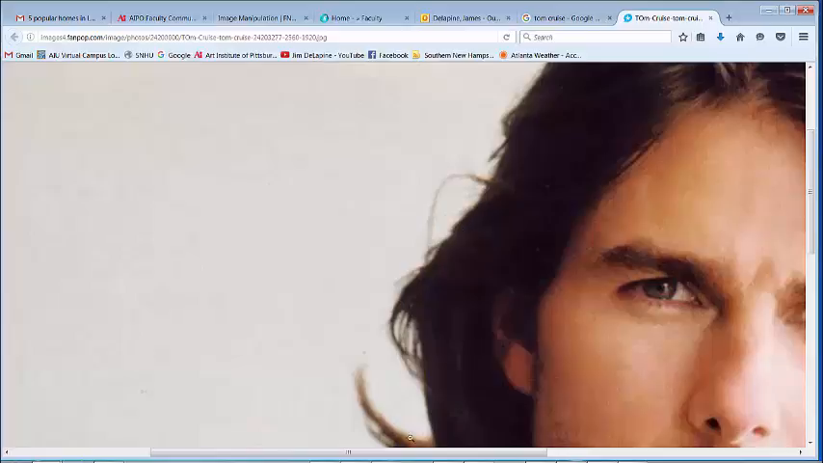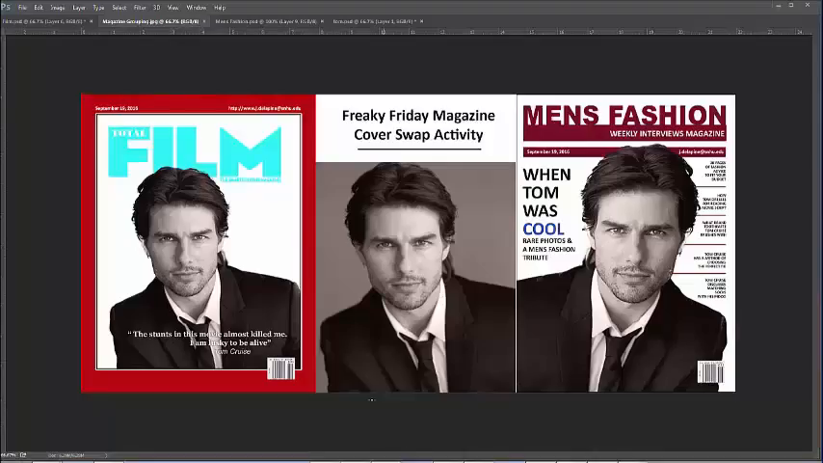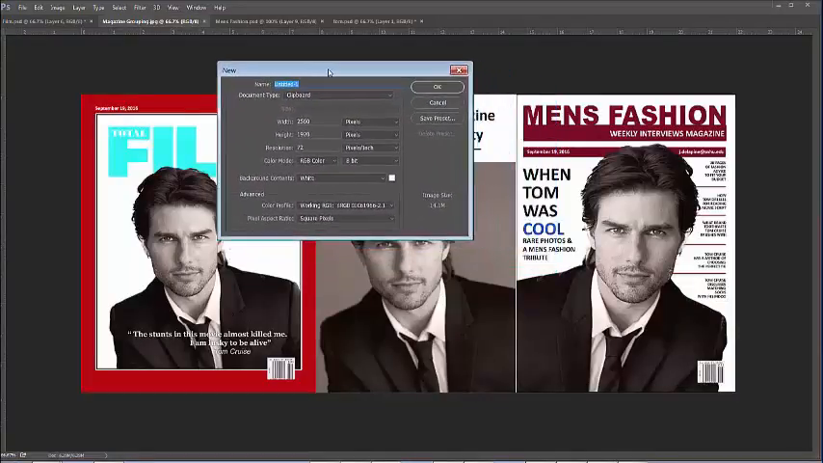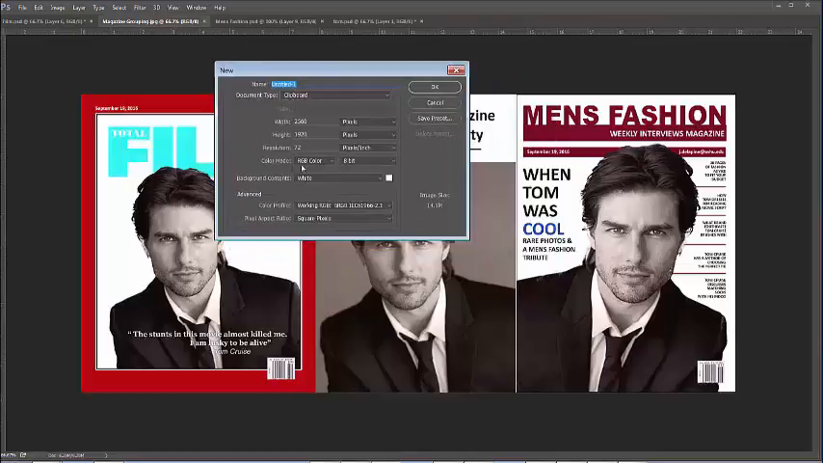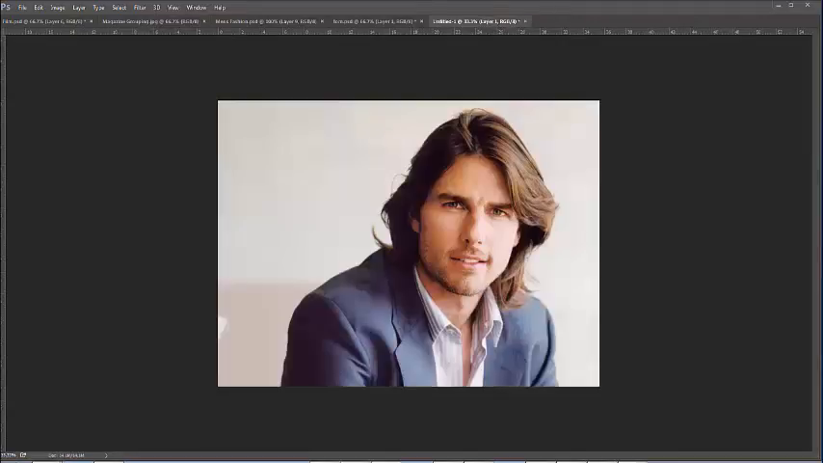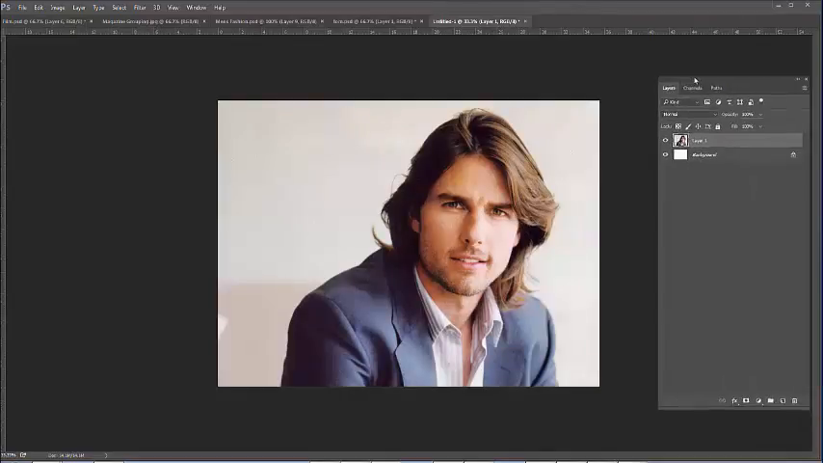I'll then bounce over to Photoshop, and then hit Control or Command N. Once you copy something into the clipboard, by default, when you create a new document, it gives you the exact size of the image that's copied. So I'll hit OK, and then I'll hit Paste, Control V. You can see that's the exact size of the image that was copied. And if I bring over my Layers panel